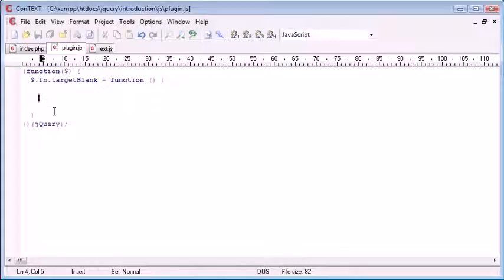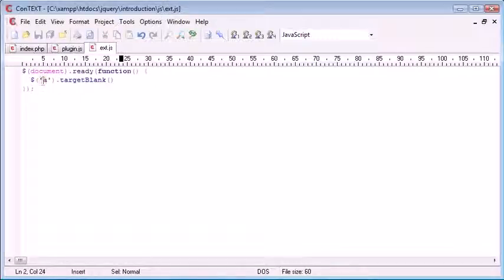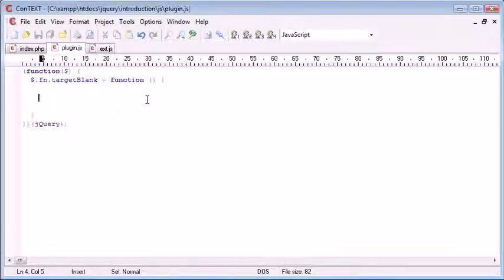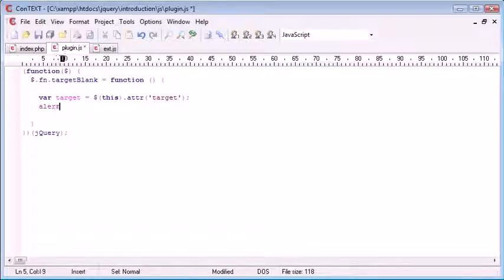So the first thing we want to do is actually get the target of the current element. In this case it's all A tags, so we want to say var target, so we're creating a new variable called target, and inside of our plugin we can use this as we would normally in jQuery to reference the current element that this plugin has been appended to, or the element that's using this plugin. So we can use this, and I'm just going to get the attribute target. In this case what we can now do is alert out